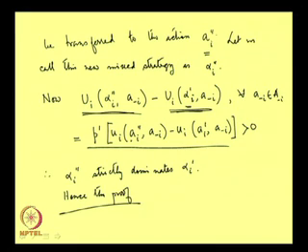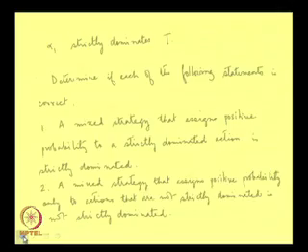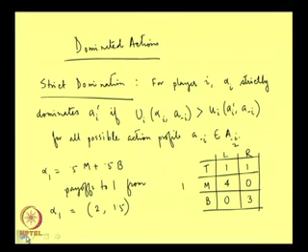Now, one thing that needs to be specified is that here we are talking about strict domination of one mixed strategy by another mixed strategy, but in the definition, if you remember, when we wrote the definition, we were talking about strict domination of an action by a mixed strategy. We are now, as you can see, extending it to a case where a mixed strategy is being dominated by another mixed strategy.